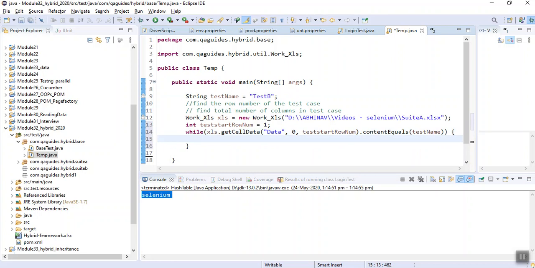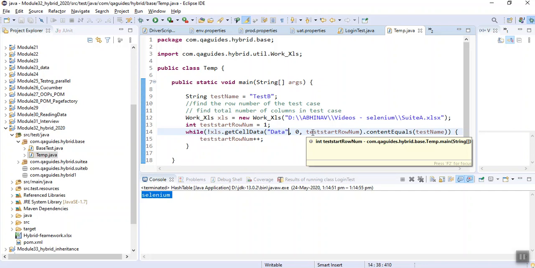So now we have to iterate. If it is not equal, then I have to put here not equals. If this is not equal, then I have to iterate. For iteration, I will be putting this plus plus. So see, on the data sheet from the 0th column to the first row we will start iterating.